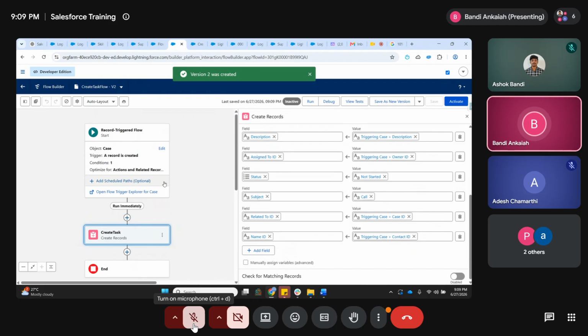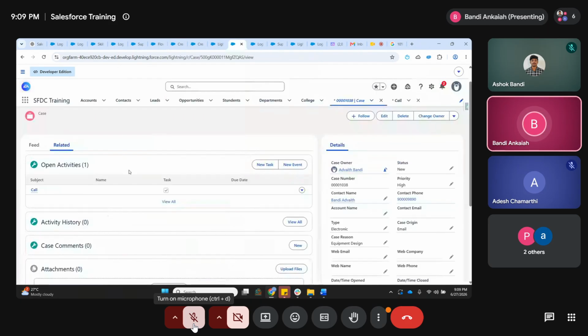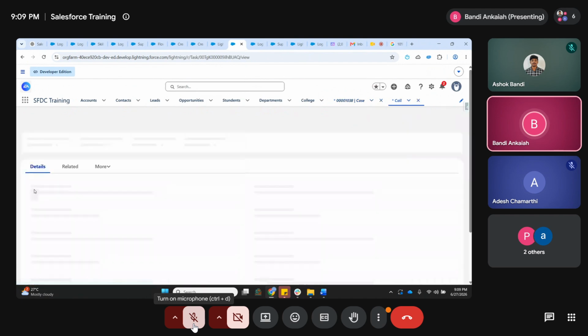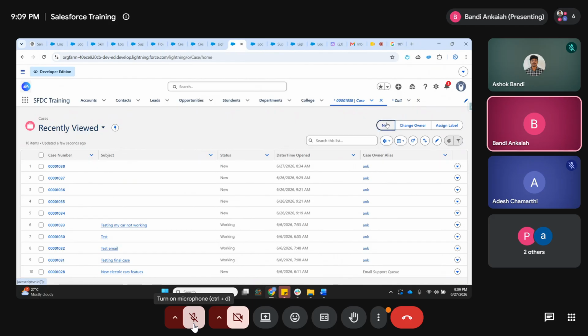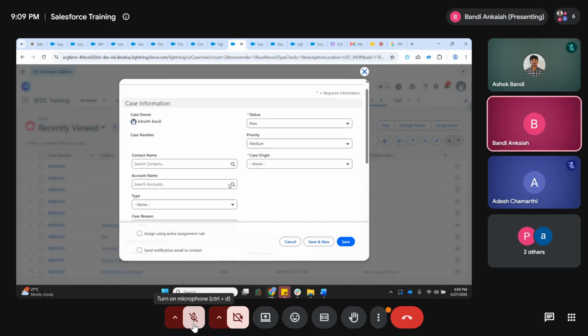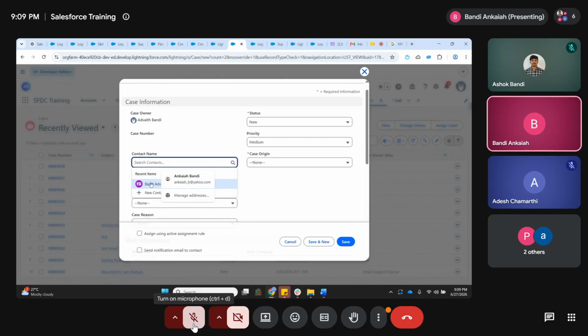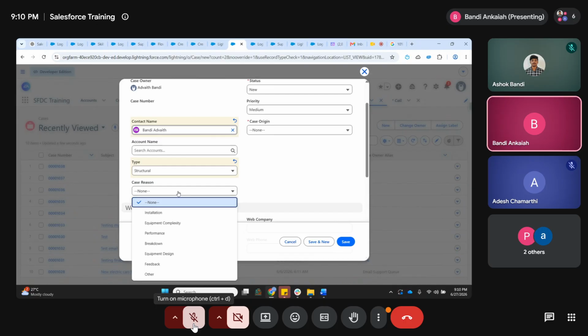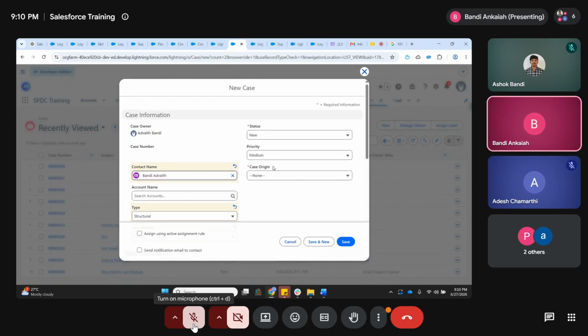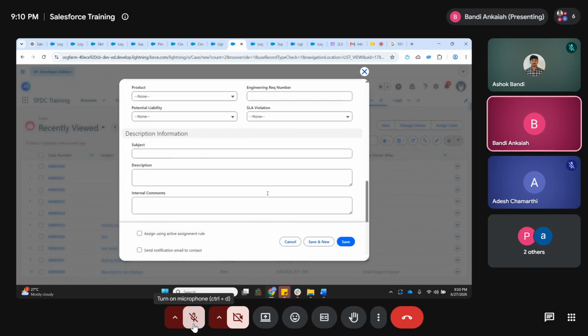Now name also will populate. So in this record we don't have name, right? When we open this task, name was not updated. Okay, now we create a new case and select the contact. Type is anything, structural, other. I'm taking priority as high and I'm entering